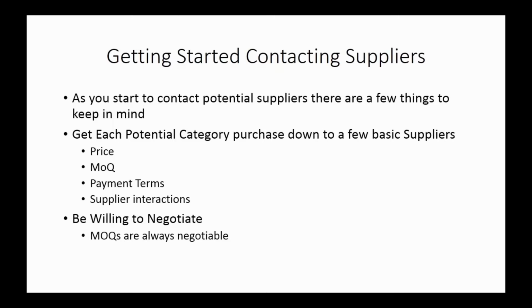Now, one thing that you want to keep in mind is that the minimum order quantity is just about always going to be negotiable with the supplier. So just consider that as you go through the process. Even once you get to the end, you are then going to want to press your supplier to get the terms that you want for minimum order quantity.